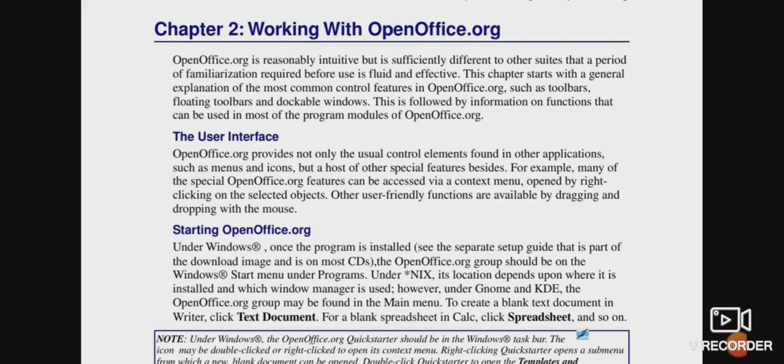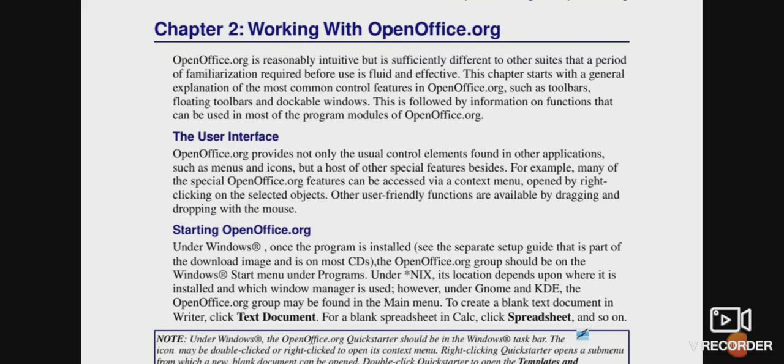Children, in this video, I'm going to explain to you about the application software openoffice.org. Children, in this video, I'm going to explain to you about the word processor. Children, openoffice.org is reasonably intuitive but a different software as compared to other suites.